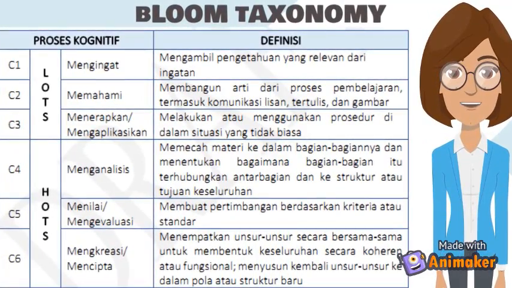As you can see in the table, in C1 we have mengingat, which in the definition is only retrieving relevant knowledge from the mind. And then in C2 we have memahami, in which it builds meaning from the learning process, including spoken, written, and pictures. While in C3 we have